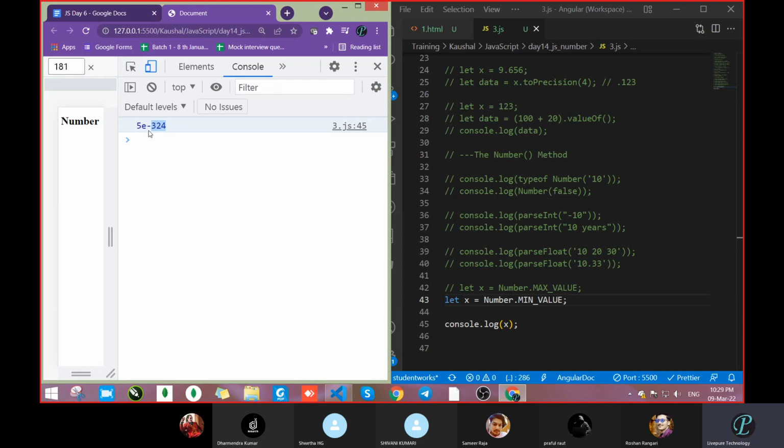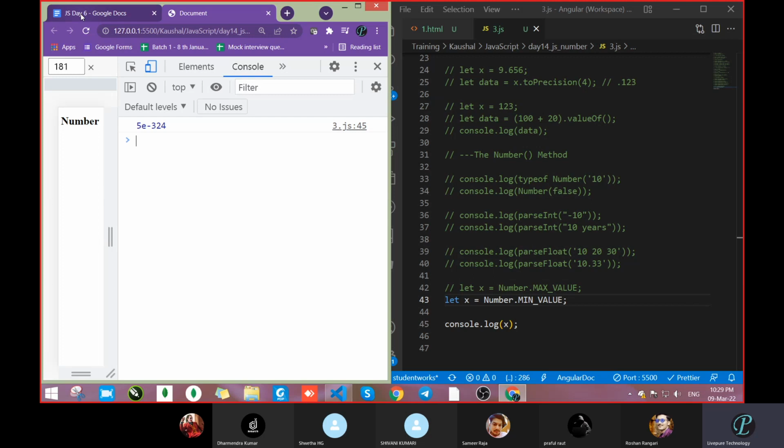If it is positive, like 5e power 25, it would give 5.00 something 2345, very lengthy. So if you have a very large number, it will not be represented directly. It will go in the exponential form to write in short form.